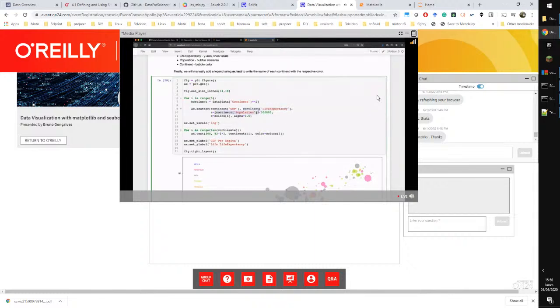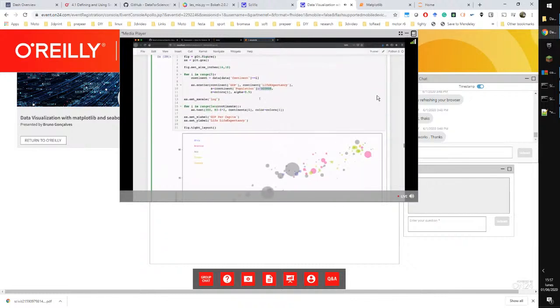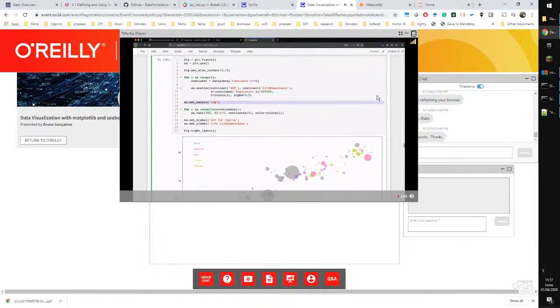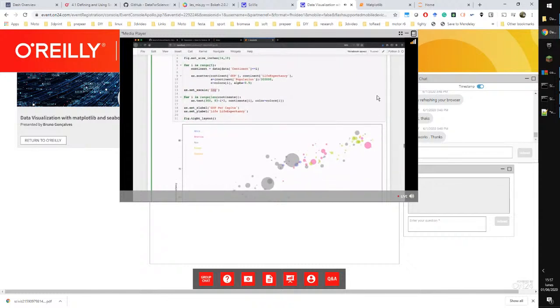I'm scaling the area of the bubble to be proportional to the population. And here I'm just dividing by some large number, just so the bubble is not too large. I'm setting the colors to use, and alpha basically gives me the transparency. So 50% transparent to make it easier to see when bubbles overlap other bubbles. I'm setting the scale on the x-axis to be logarithmic. And finally, I'm adding the legend, so the name of the continents with the right colors,